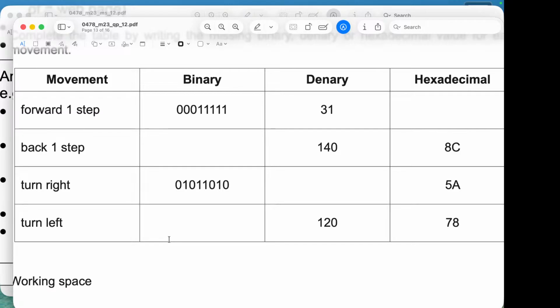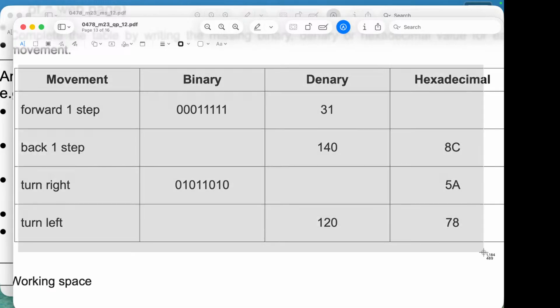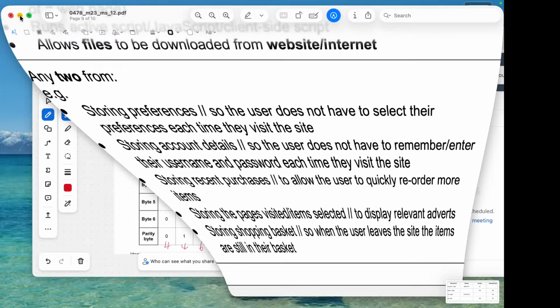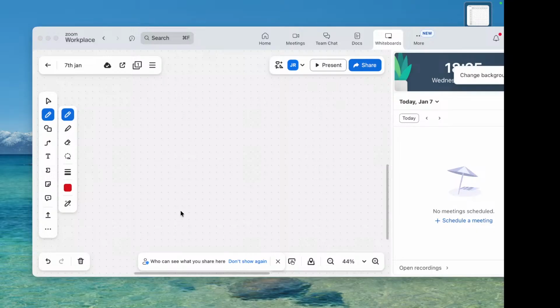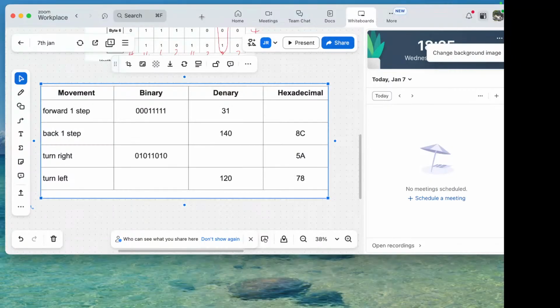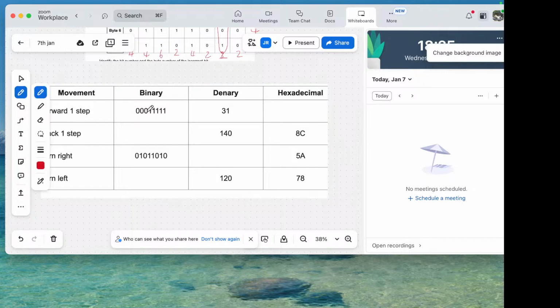Okay, so we've got quite a few to do, 4 of them. You might have your preference as to which is the easiest way to convert them, but let's have a look at that. Let's just grab this in here. So I think for hexadecimal, the first one is quite easy because converting from binary to hex is the easiest way. So I would take this number and we're just going to take the first 4 digits